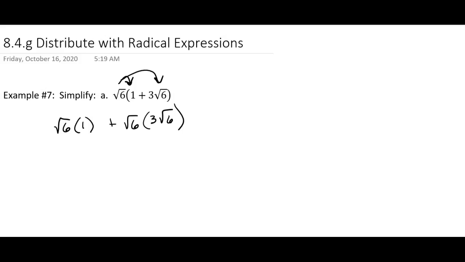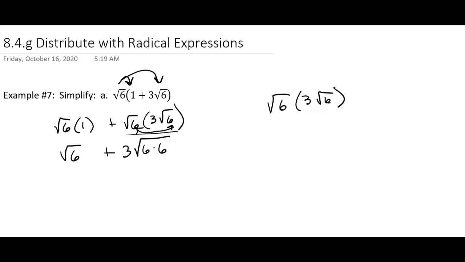Okay, so the first part, that's just going to be the square root of 6. Now here, I'm going to want to rearrange that a little bit. So I'm going to have the 3, and then I'm going to have the radical 6 times 6. So it's going to be square root 6 times 6, because these two parts get multiplied together. Now, if that's confusing for you, let me go over here, because you might be saying, well, why aren't you distributing? Because it's not addition, that's all multiplication. So we're just rearranging,